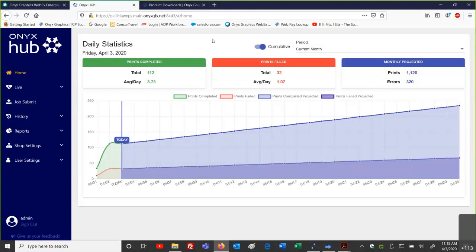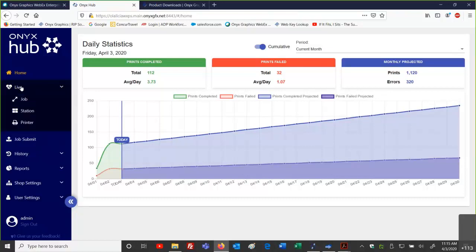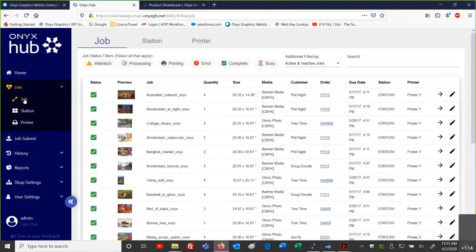Okay, from here, over on the left-hand side, I'm going to go to my live category, and I want to see the job information. Now, when we open this up and see job, we see the jobs in general, and we can see them as a list of the preview, the job name, the quantity needed to print, the size of the job, the media, the customer, the order number, due date, and the station that this is going to.